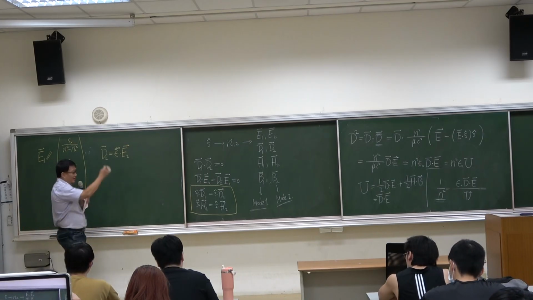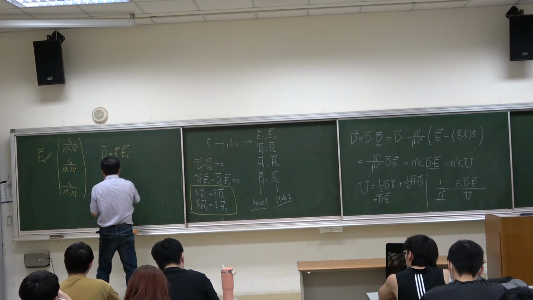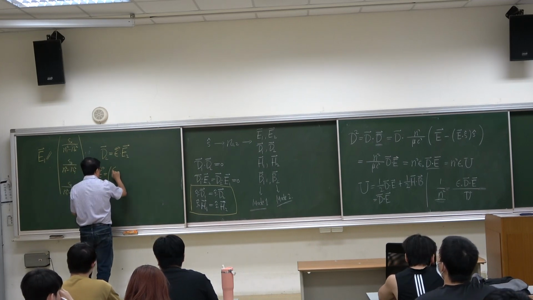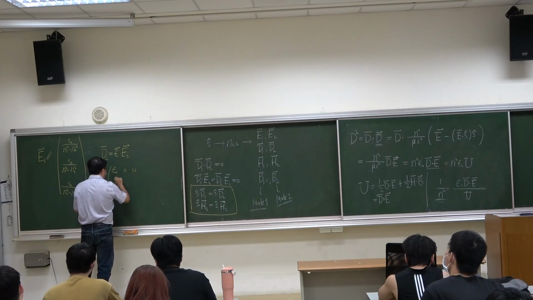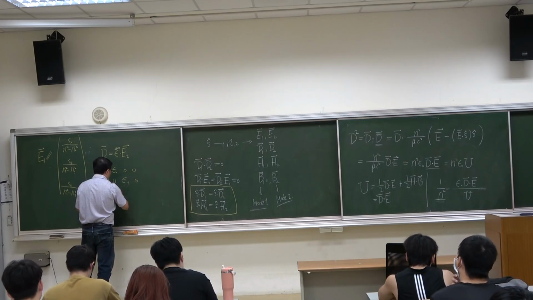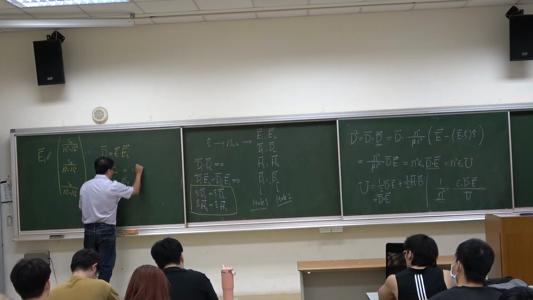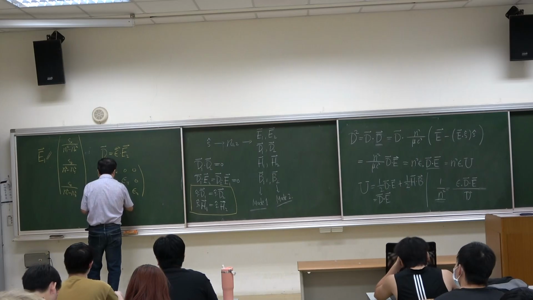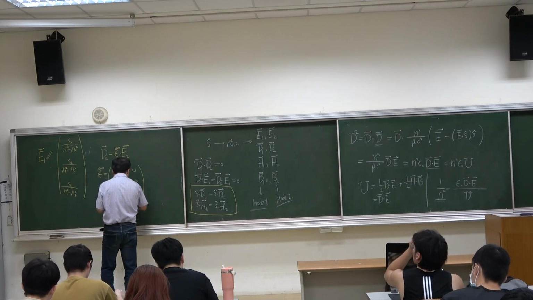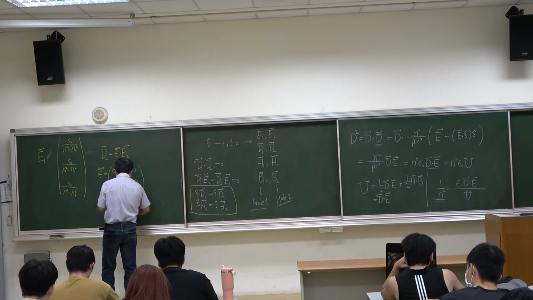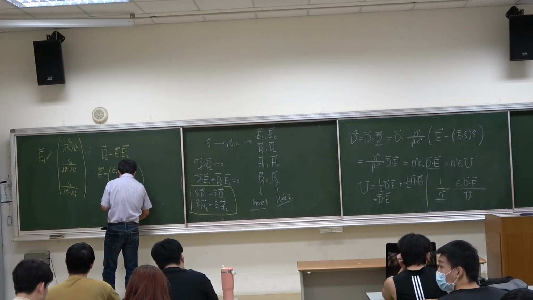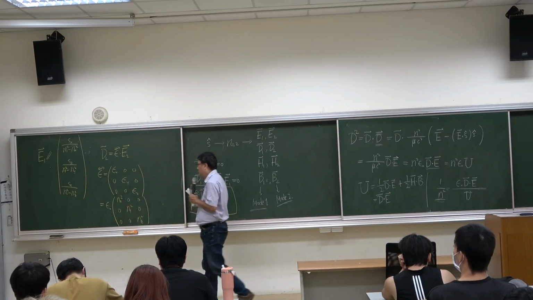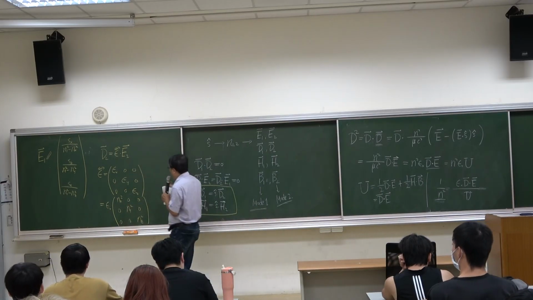But the axial tensor, in the diagonal form, is epsilon 0 times nx squared 0 0, 0 ny squared 0, 0 0 nz squared. Okay? So this means that